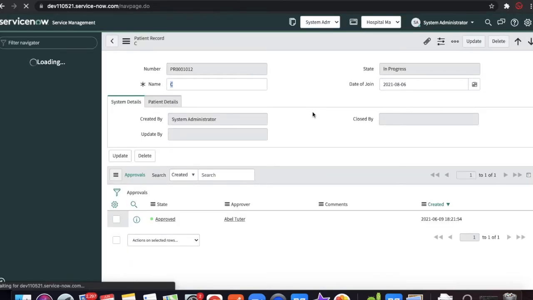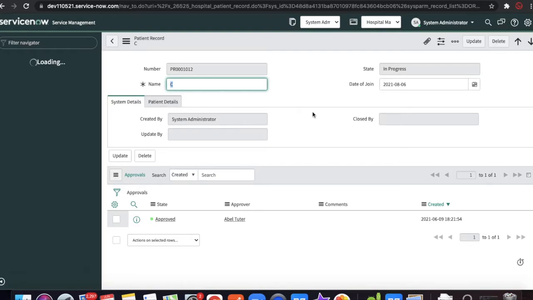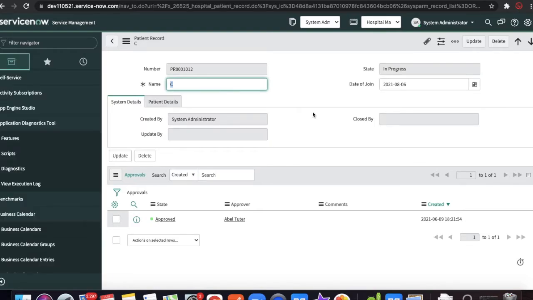So you can see the state is getting in progress, right? So the next step, what we actually want is to make a UI action that can move the record from in progress to complete, because there is no button that can help us move to the next step called complete, right? So we need to design a UI action on the top so that it can move the state from in progress to the complete state.